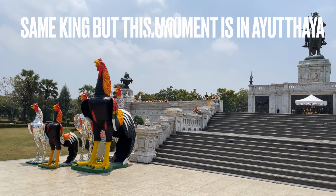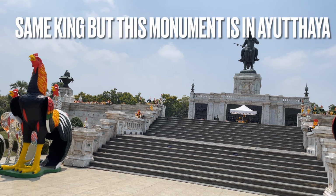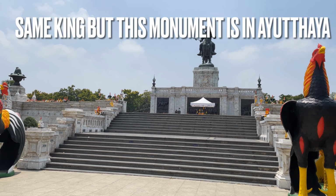Okay, so here is the King Naresuan the Great monument. Now, I've done most of the monuments inside of Bangkok. This one is in Ayutthaya, and he's really an important king for the Thais. And you can see they have all of these roosters and there's a story behind that. But anyway, this is a brilliant monument. It's made out of the white marble, and King Naresuan, as you can see him up there on a horse,